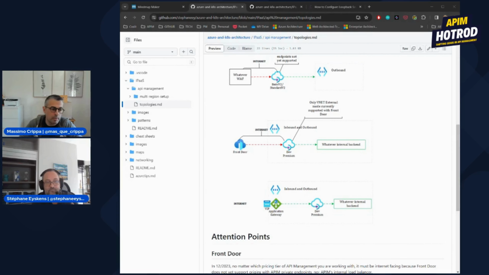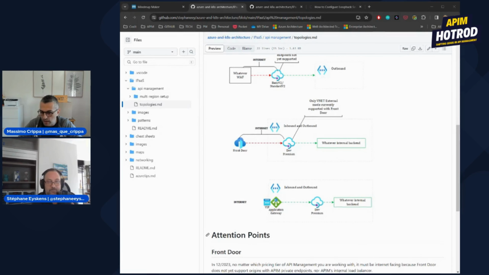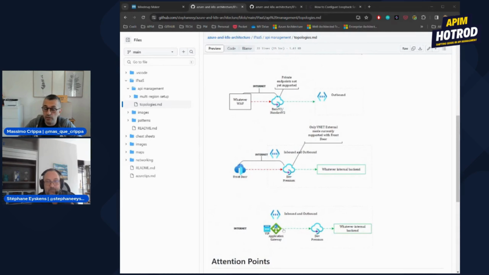Sorry, it's going over the public internet, so there is no strict network connectivity. And unfortunately, PLS, so Private Link Service, cannot be leveraged, as you are pointing out here in your article. But one more thing, so I have mainly these two topologies, but